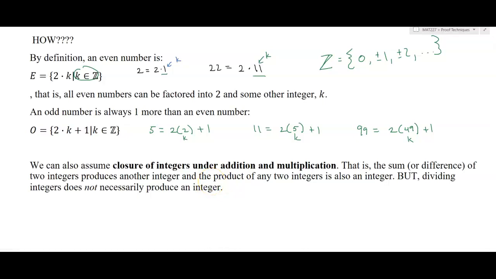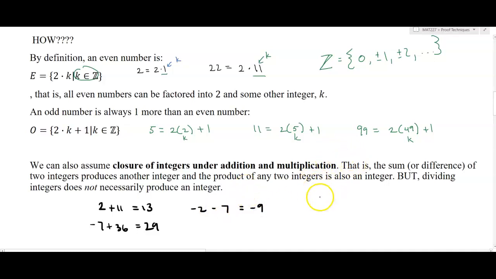And this is again not a proof, but if we take any two integers like 2 plus 11, we get 13, and that's still an integer. That's still a whole number. If you take negative 7 plus 36, you get 29, which is still an integer. You can take negative 2 minus 7, that's negative 9, that's still an integer, and so on.